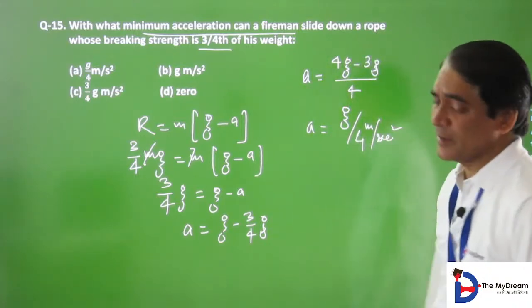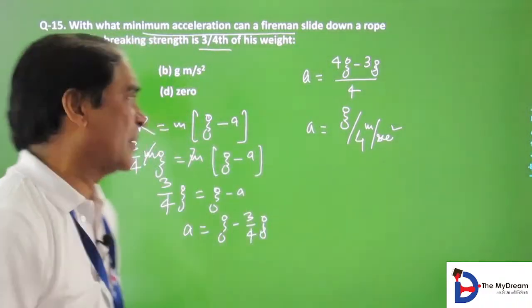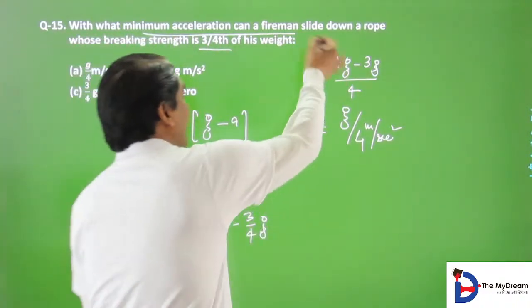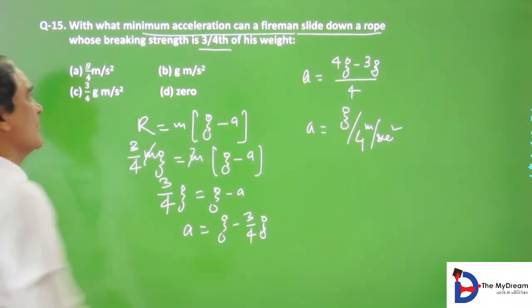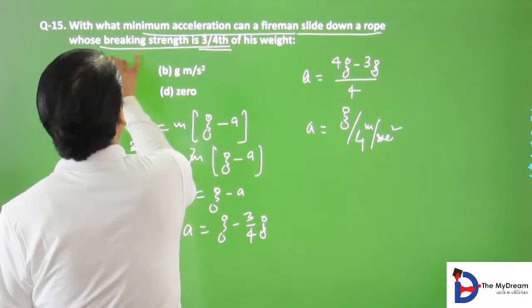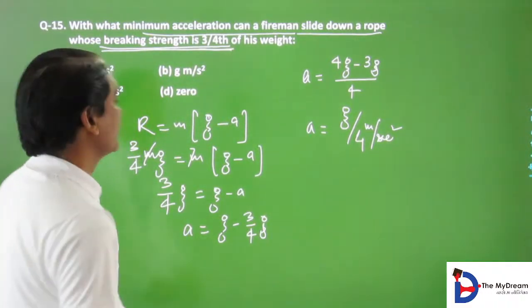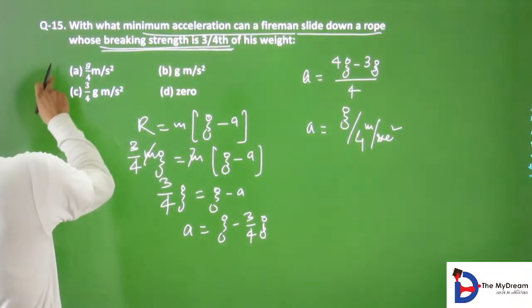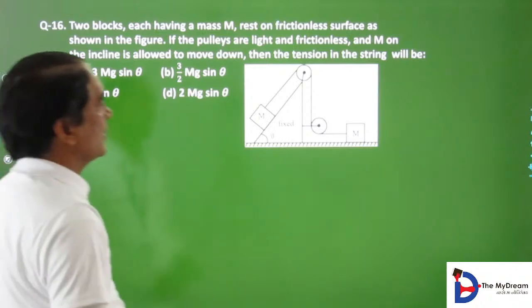Read the question very carefully, as I told you so many times. What did it say? It says slide down a rope whose braking strength, that is the apparent weight. Now the next question is, yes,